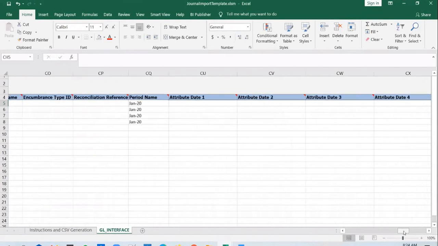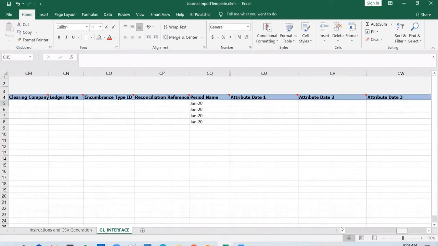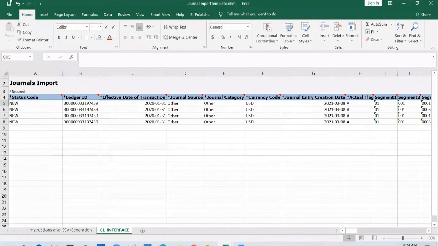So let me just check the period name as well. Period name is Jan 20, that's fine. But if you look at the effective date of transaction, this date is important, the third column. This date determines into what period the journal needs to be created. And I've used a Jan 20 period deliberately here, because I know that I've left this period open, because for a journal to be imported, the period has to be in a specific status.